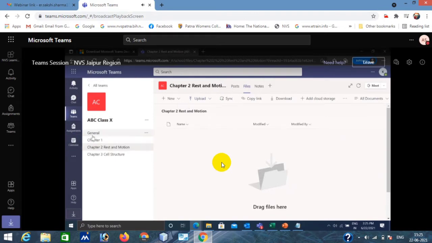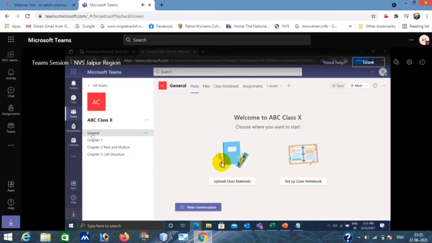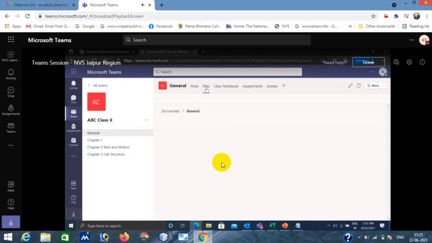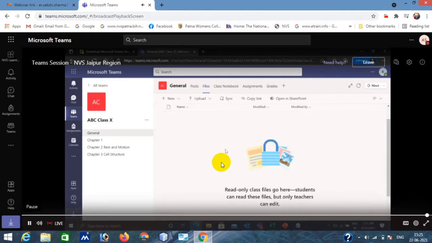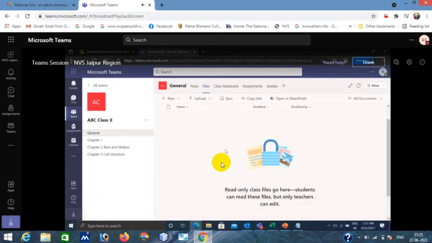Now, there is a difference in the general channel. In the general channel also you will get a files option, and in that files option you will find a folder called Class Material. If you upload anything in this Class Material folder, students cannot delete that file, and they cannot edit it, they can only read it.